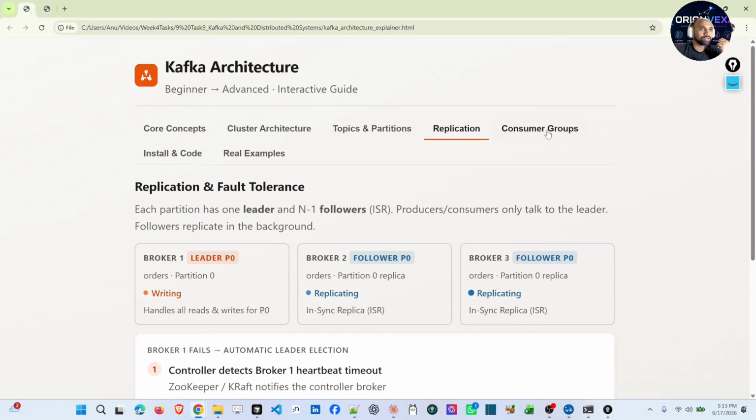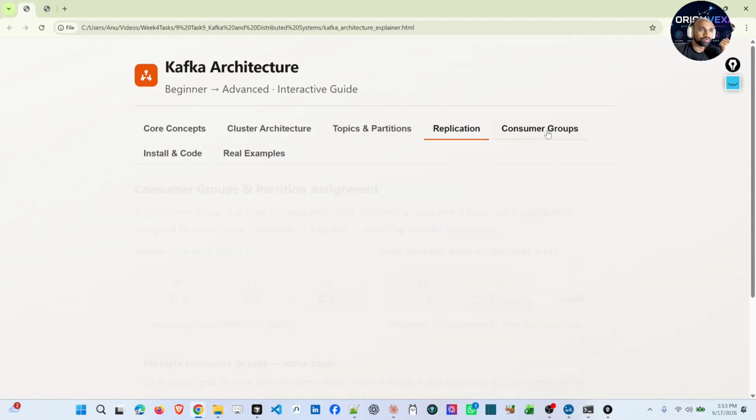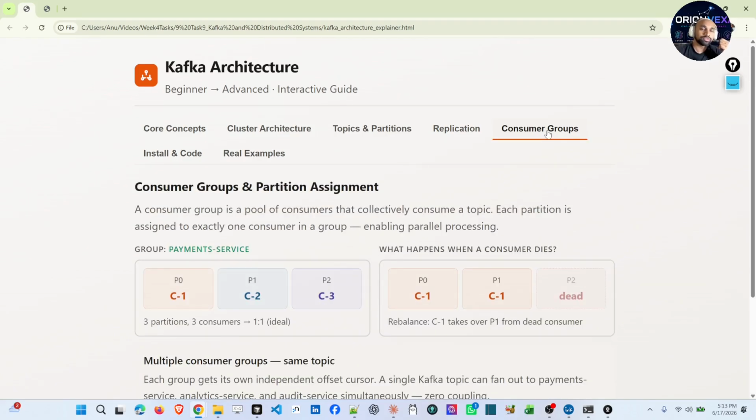Okay, then comes the next topic, that is called the consumer group. Consumer group means that is the end of the Kafka service line. That is who is consuming this data. The producers are creating the data, then pushing it to this topic inside this Kafka broker. Now someone has to take this data and process the data. Those are called consumers or consumer group.